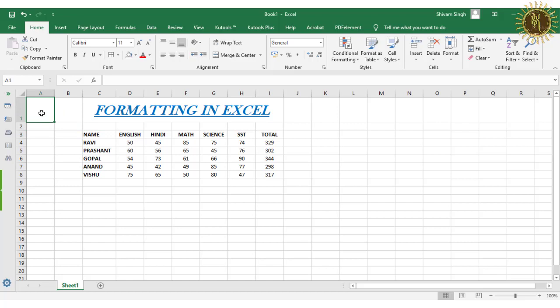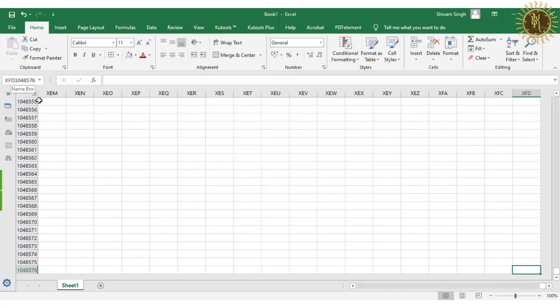Okay, so this is your first cell A1 and your last cell is XFD 1048576. After entering this number, press the enter key, and now you can see here at the last, this is your last cell of Excel sheet.